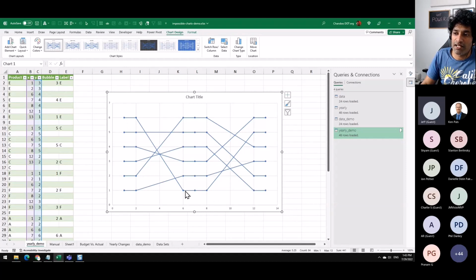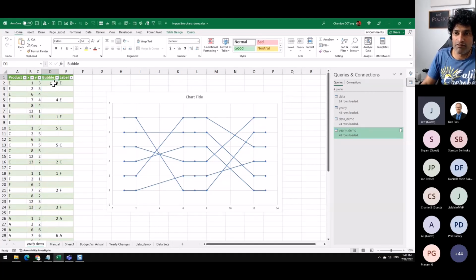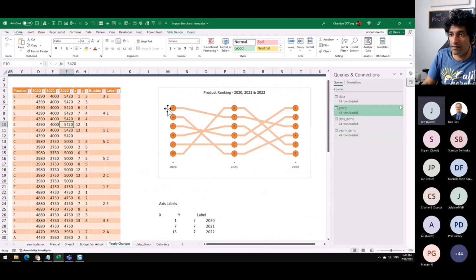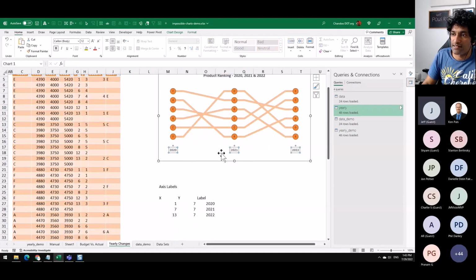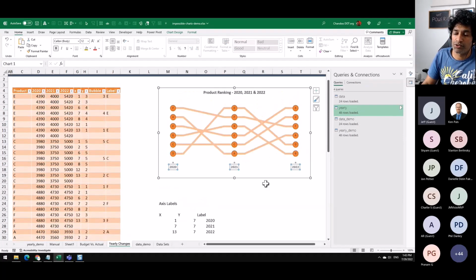And I'm using XY connected lines with the markers. We don't need the markers, we just need the lines. And instead of markers everywhere, I want a marker here. That's where that bubble series comes up. Wherever the marker is, that is the corresponding label. So this is pretty much how that one there is done. Once that is done, I have done a little bit more to add these extra axis labels at the bottom to show what year that is, and then show it.